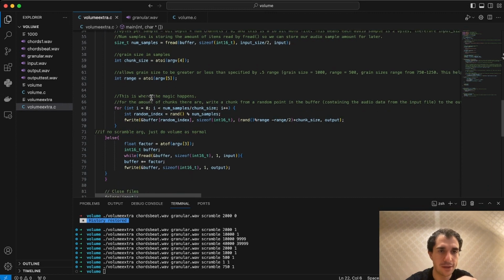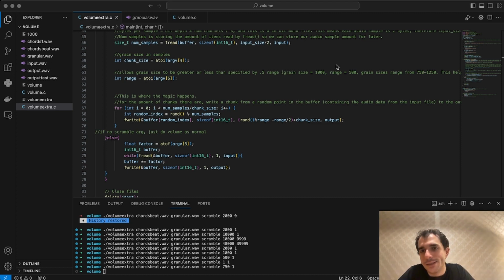Another thing is that this random index could choose 5 samples from the end, but if you have a chunk size of 10,000 samples, there's obviously an issue there. And that's what causes a lot of the artifacts and weird extraneous sounds that might come in here. But for the purpose of this experimentation, I really didn't mind that, and I kind of like the output that it comes with. So yeah, not perfect, but for a general explanation of the concept,